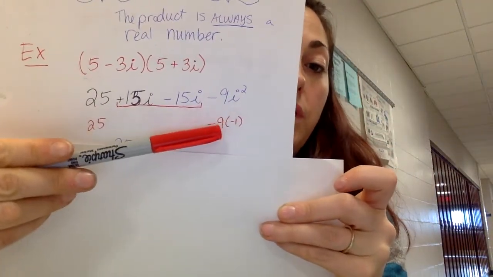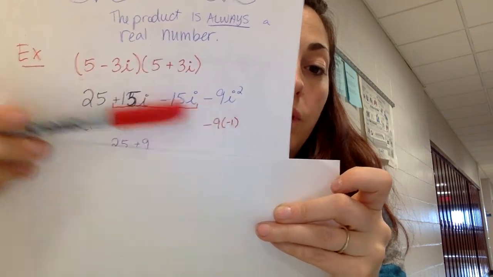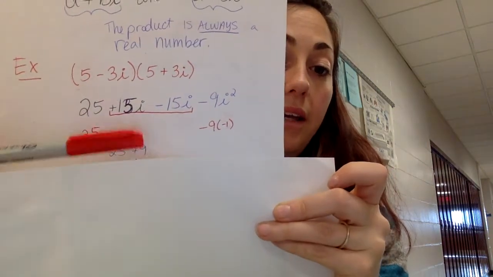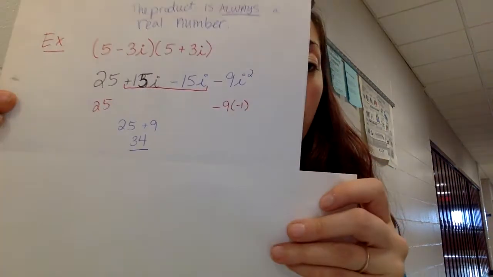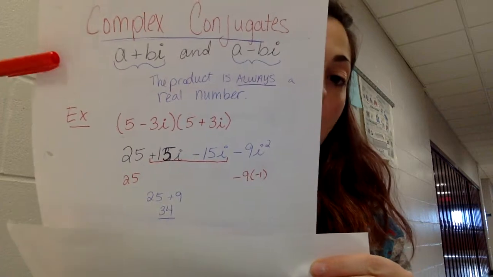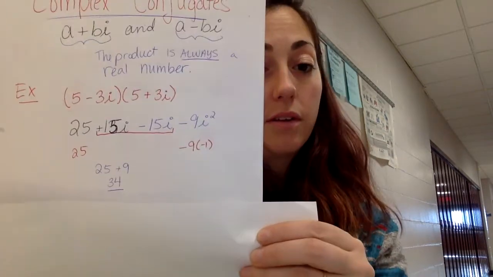And then we got to deal with over here, i squared is negative 1. Negative 9 times negative 1 is positive 9. And again, we had 25. So 25 plus 9 is 34. So again, the product is always a real number because the middle will cancel. So you're just left with 34. So using this fact,